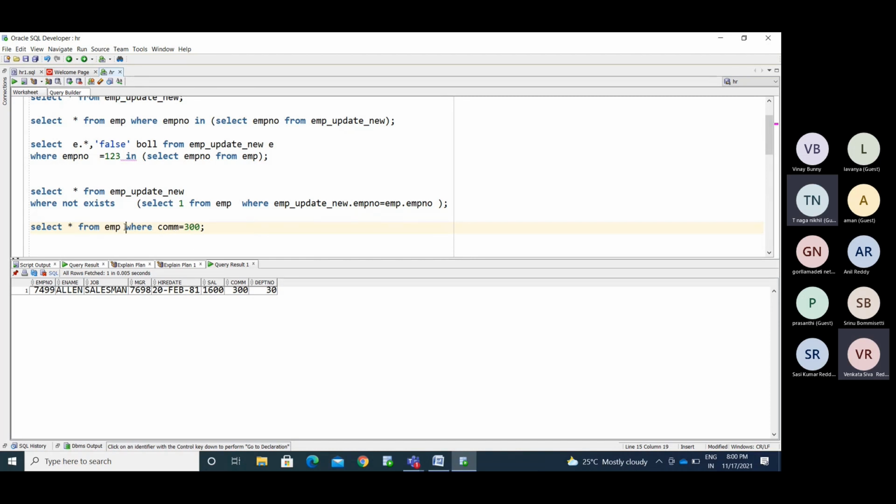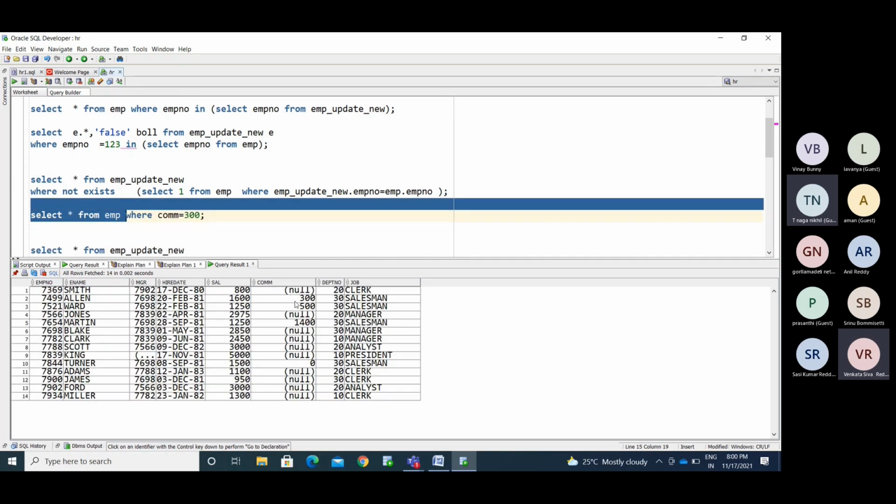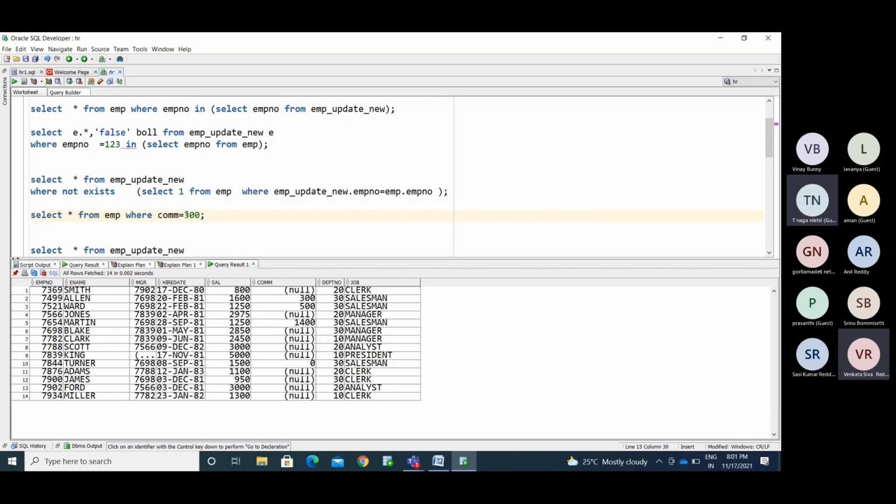Most of the people do not have the commission. All the employees have null for that. So you are able to retrieve actual values, but you are not able to retrieve the null values here, correct? So now I am going to display not equal to 300.